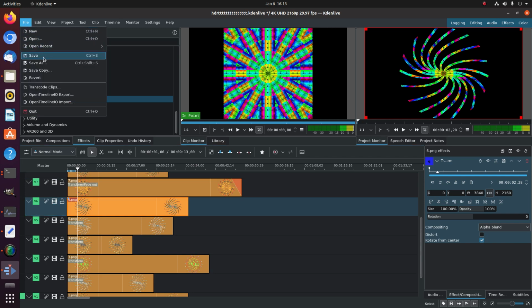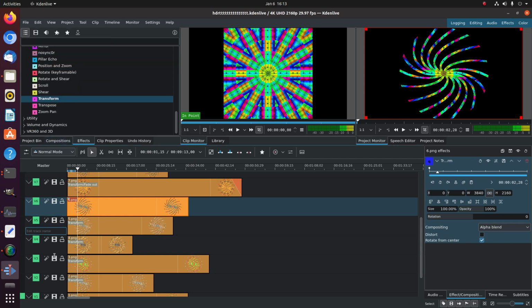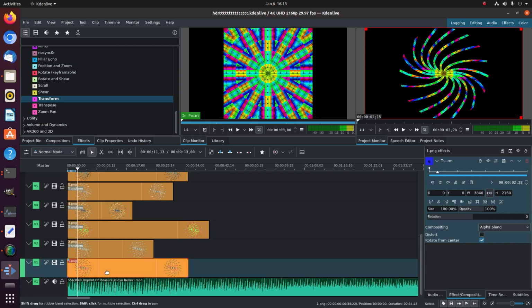File, save. I'm gonna go to the bottom layer. I'm gonna rotate it. So click this thing, make it red, drag the rotation all the way to the left, which is negative 360. Drag this thing down here all the way to the right, add a new marker or whatever, keyframe, and